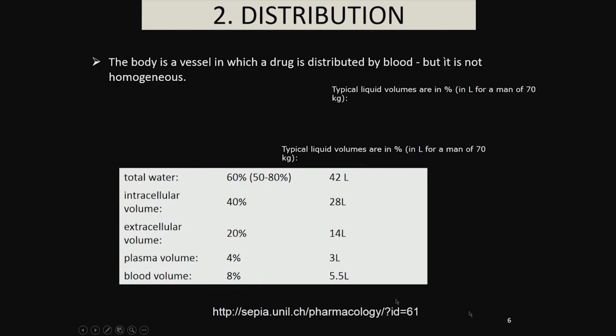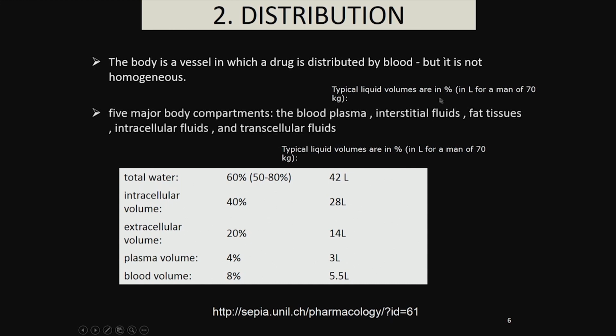So the body is a vessel in which a drug is distributed by blood, and it is not homogeneous. It is not only the blood but many factors. Typical liquid volume for a man of 70 kg, in percentages. There are 5 major body components: the blood plasma, interstitial fluids, fat tissues, intracellular fluids, and transcellular fluids. Sometimes drugs get absorbed in tissues also, because if a drug is very hydrophobic, lipophilic, it can go there. So then your volume increases. So look at this,